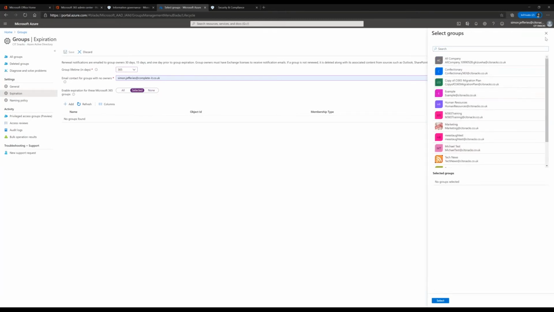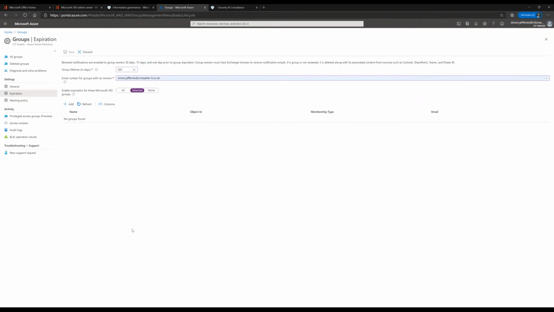And that's as simple as that. So then we know that after that time, any team that hasn't been used will have a kind of self cleanup to it unless the owner decides that they still require it. And it's worth noting, if you've got retention policies in place, any data that hasn't fallen outside of that retention will not be deleted via this mechanism here.